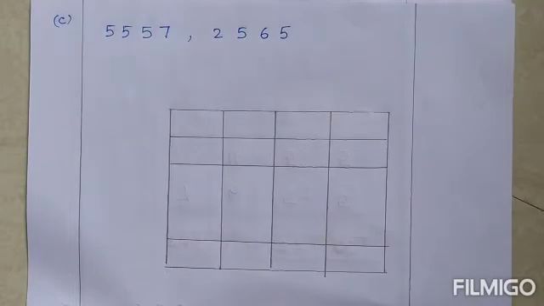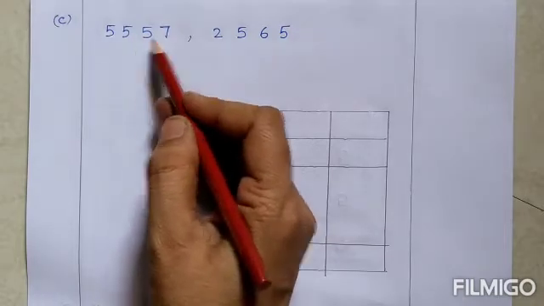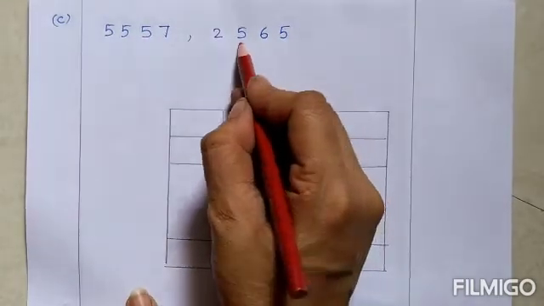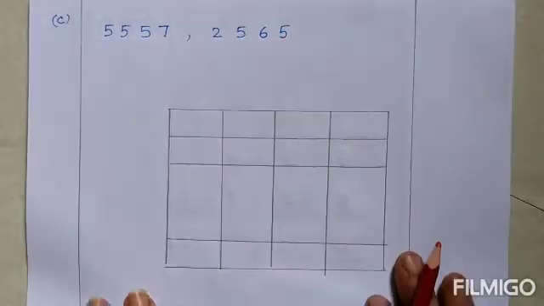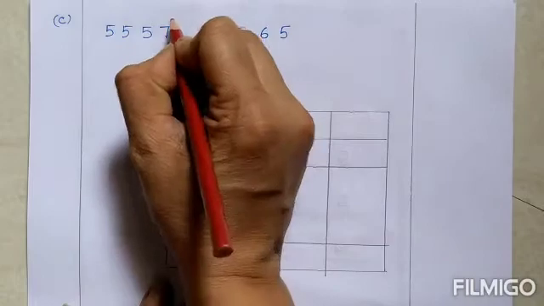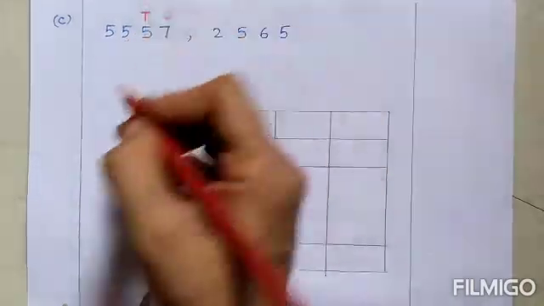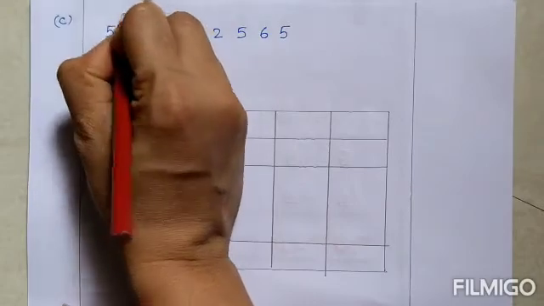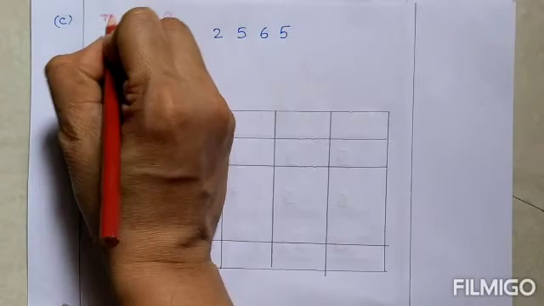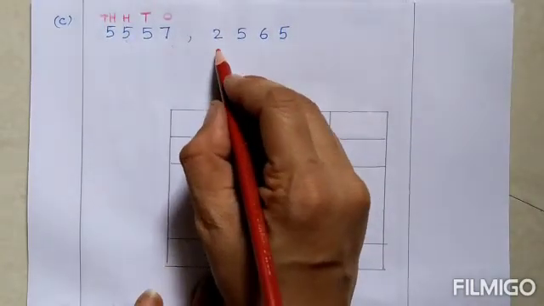Children, now the C bit is 5557, and the second number is 2565. Now say along with me. 7 is in ones place, 5 is in tens place, another 5 is in hundreds place, one more 5 is in thousands place. Correct. Now the second number